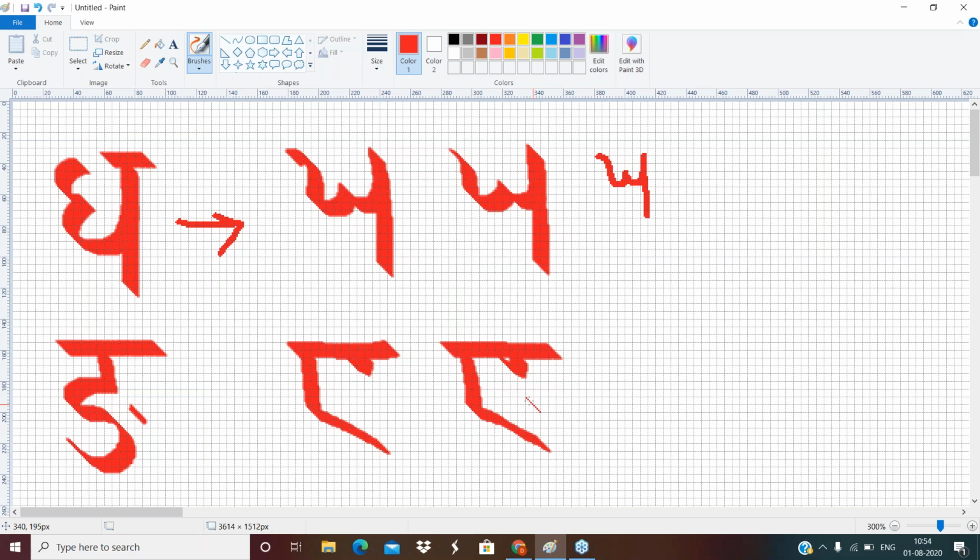Now if I have to write the same thing with the pen, here and this way, and then you just put a triangle type of shape here. This becomes Na. So we covered K, Kh, G, Gh, Na.